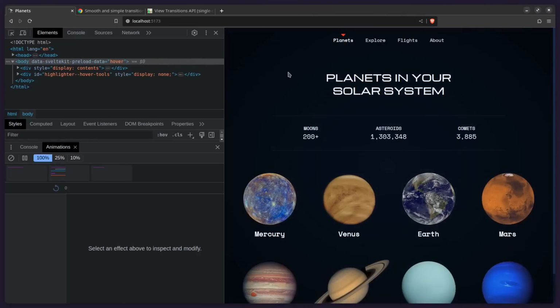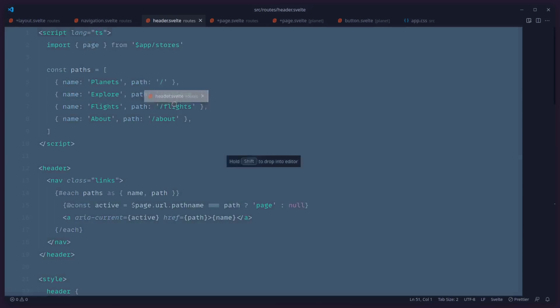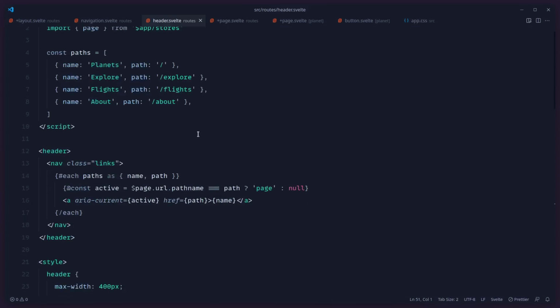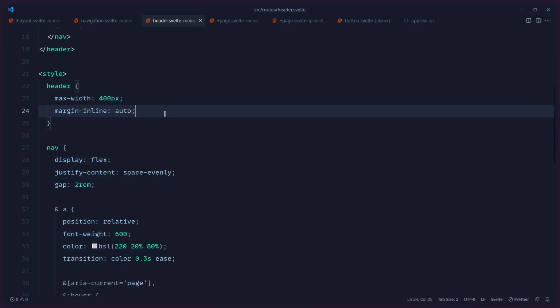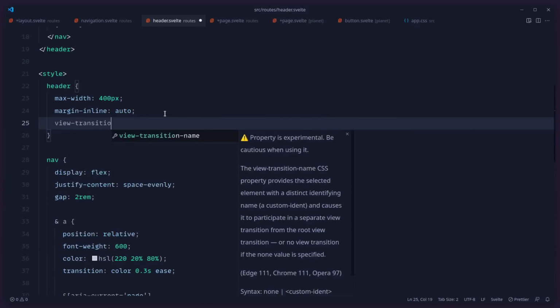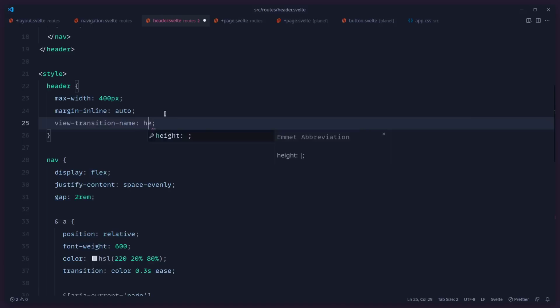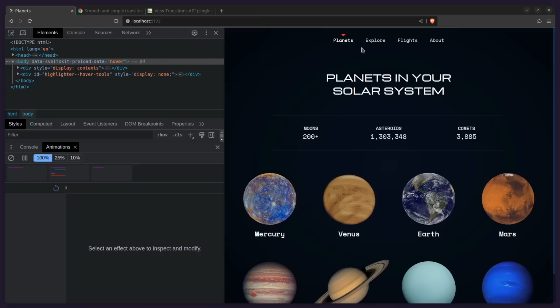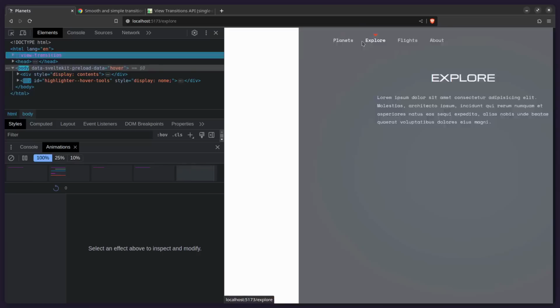So how can we fix this? Well, we can go to the header here and separate it from the rest. We can just give it a view transition name. You can name it whatever you want, header, banana, all of this is going to work. Just going to separate. So as you can see here, now when we transition, our header is